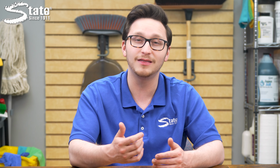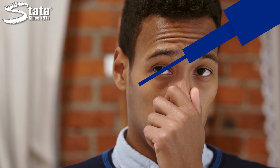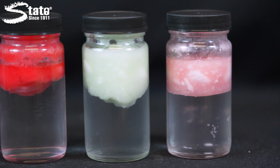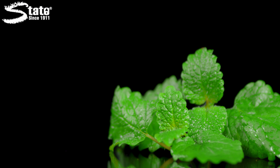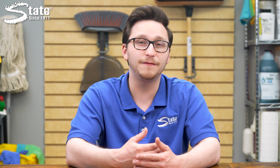Let's jump right in with, how can I control odors? Foul odors wafting throughout a facility is bad for business, so you'll want to invest in a strong solution that will keep odors sealed within a lift station. You can do this with a floating deodorizer that will cap off your lift station by floating on the surface. This will prevent odors from escaping from the lift station and replace the bad smell with a pleasant scent, such as mint or cherry. You'll have to reapply this floating layer every so often, depending on the flow or buildup